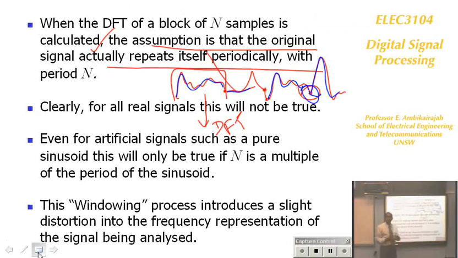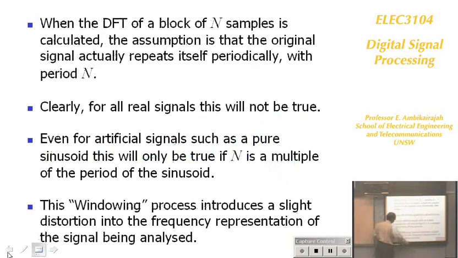That grouping causes a problem because of this thing. So therefore, this windowing process introduces a kind of distortion, but there are ways of reducing or minimizing the distortion when you are doing DFT. It is very simple to do a DFT: take a signal, like two sine waveforms, and try the DFT